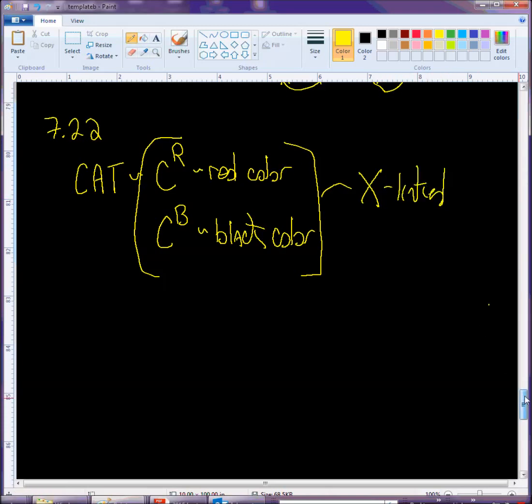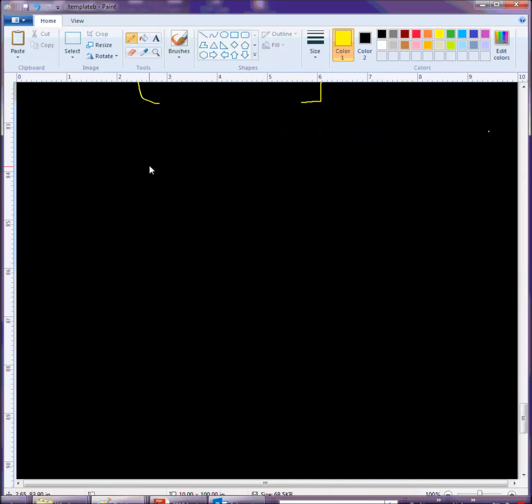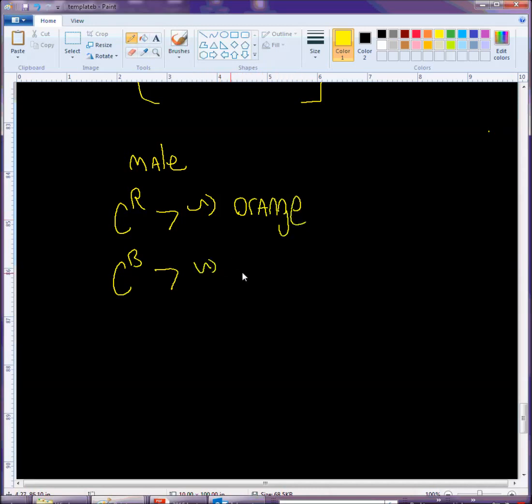And as a result, our male genotypes can be CR with a Y chromosome, or CB with a Y chromosome, and that's it. And these males are always going to be that red-orange color, or maybe they have the orange base. So red or orange, and these are always going to be black. They're never going to be orange and black, like a calico or tortoiseshell. So females, however,